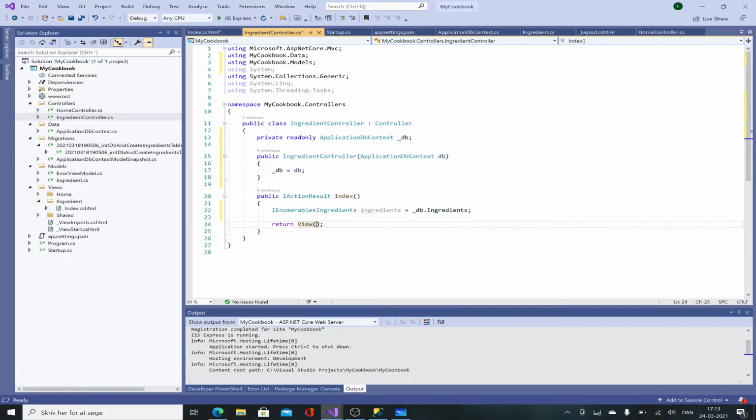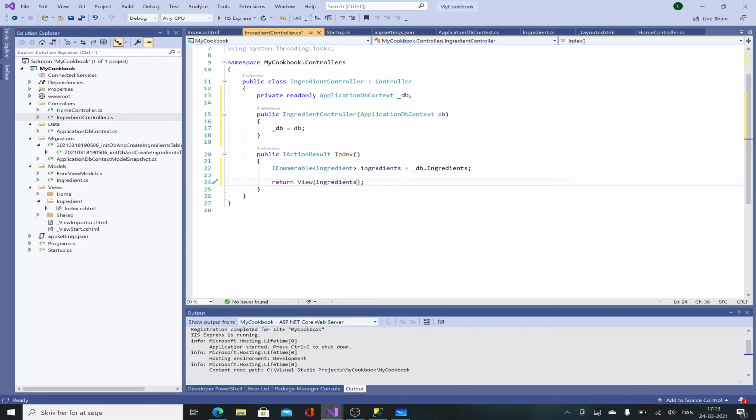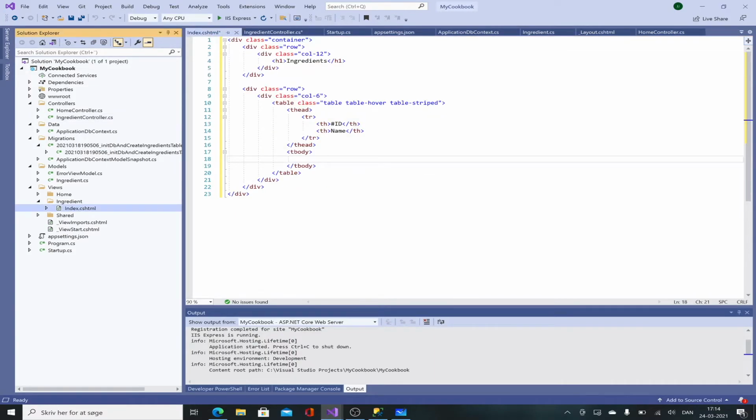So all that's left to do is pass the ingredients here into the view, so that the view can access these ingredients. And we just pass it into this view method right there. And then the view file will have access to this particular variable. Amazing. So let's go into the view, and up in the top here,